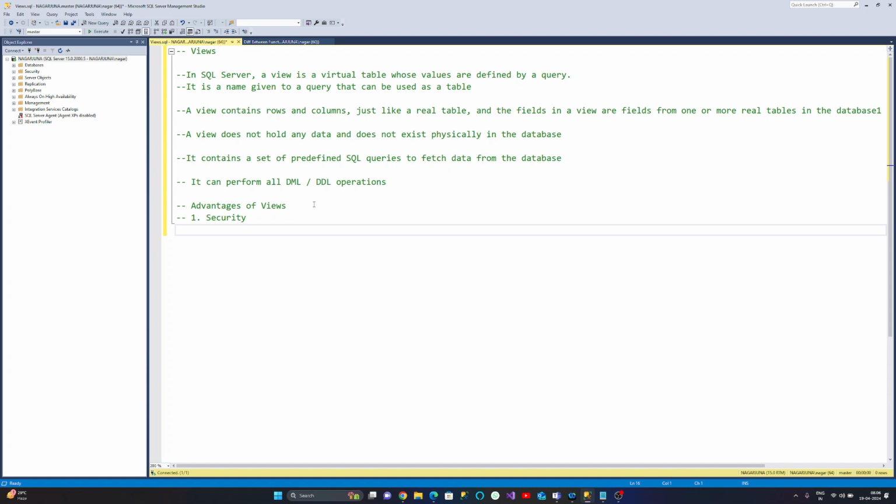Ideally, HR only can see all the information, right? Not your manager or someone. So at that time you can use security. So based on user and column access, we can provide security by using views and masking the columns. Masking the columns is nothing but, guys,